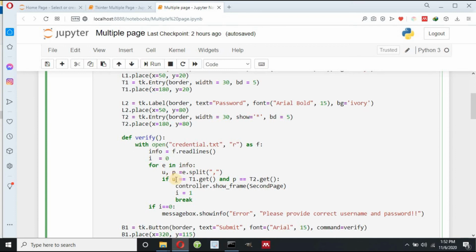To remove space, I can use the strip method: u.strip() equals t1.get() and p.strip(), because in my u it will store a space, then IG Tech Team, and suppose one more space. So the strip method will remove this space and also this space. Now let me press shift enter.